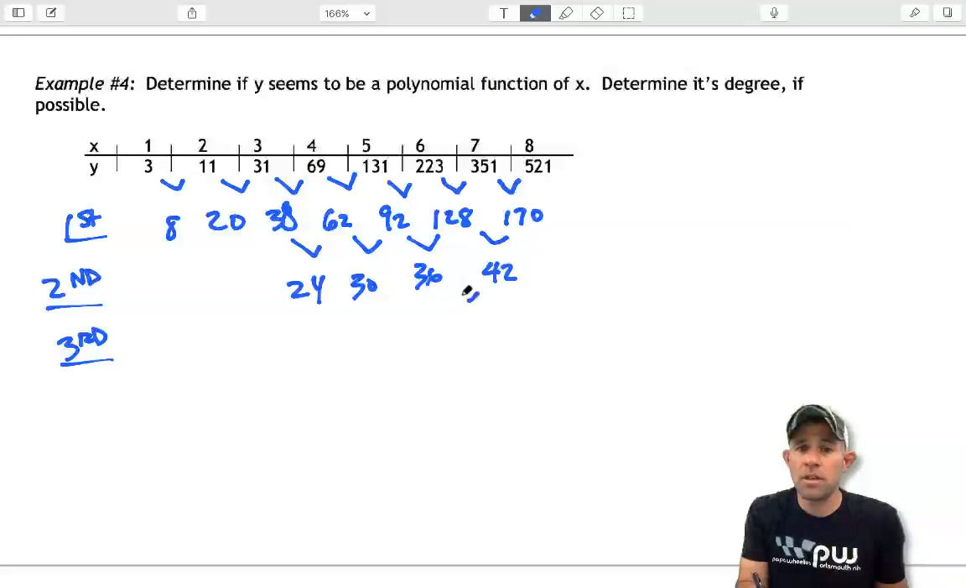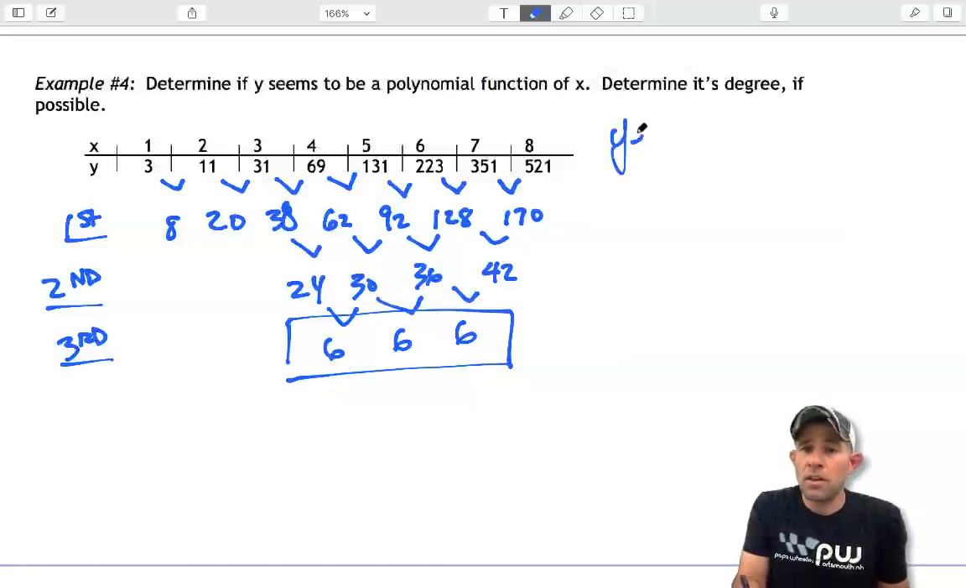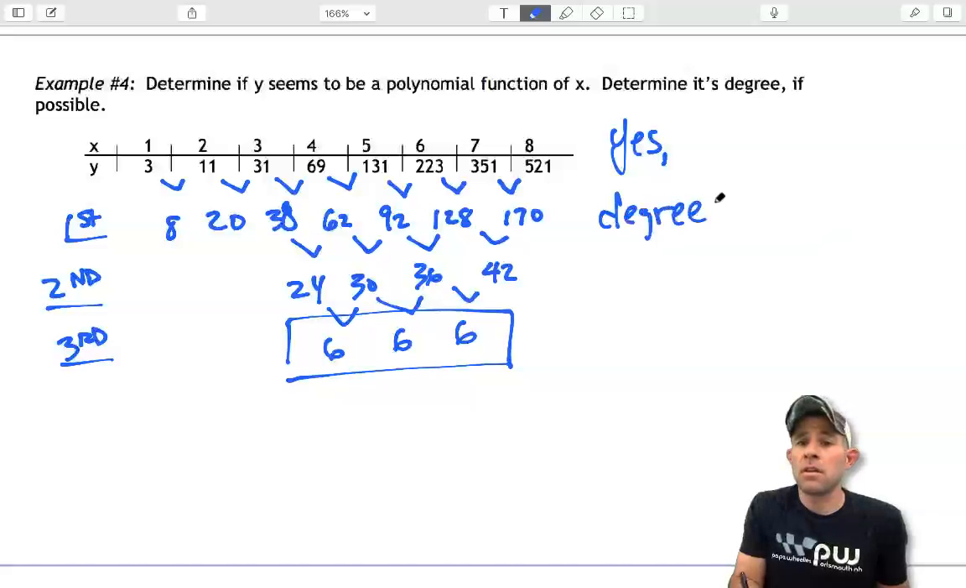42 minus 36 is going to produce 6. 36 minus 30 is going to produce 6. 30 minus 24 is going to produce 6. So if you see that, you don't need to finish those lines out in your subtraction. You can go ahead and jump to that line that will produce a constant value. So I say, yes, there is a polynomial that will model this data, and it will have a degree equal